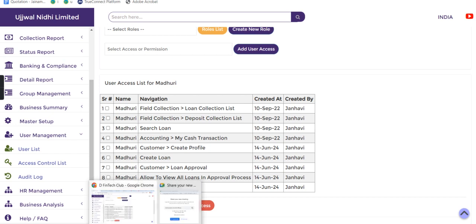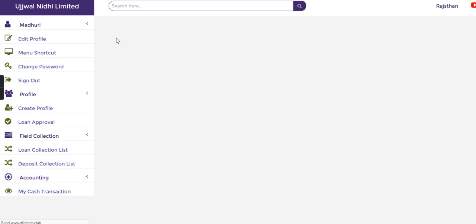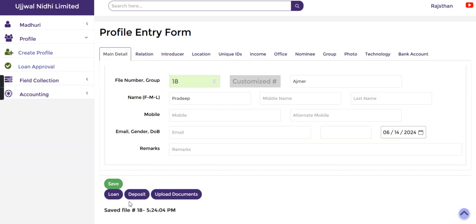Now let's go to Madhuri's login. Here you can see she can see only the Rajasthan branch. Now she will create a profile here. Let's create one customer, let's say Pradeep, and just save. I can search this customer, F-18,